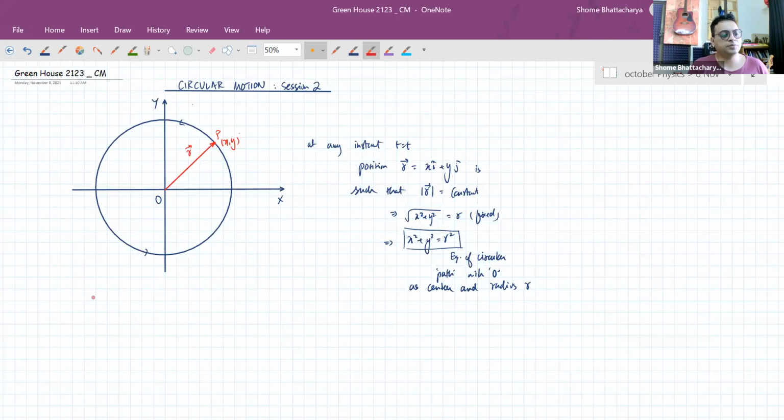Now we come to the angular parameters. So the angle made by the position vector with respect to the x-axis is called the